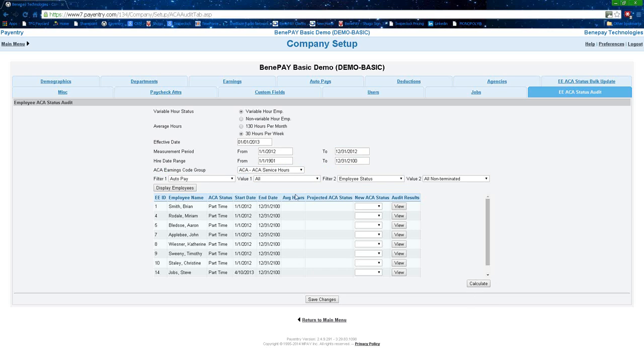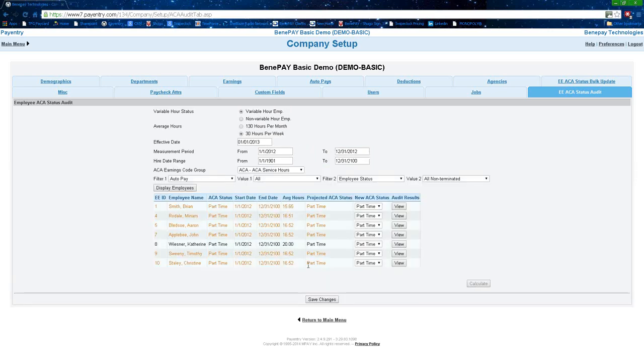And then I'm going to calculate on my hourly employees. Now, with my hourly employees, I set all of these at part-time. So this is their current ACA status. So just to kind of run through the fields here, we've got the employee ID and their name, the ACA